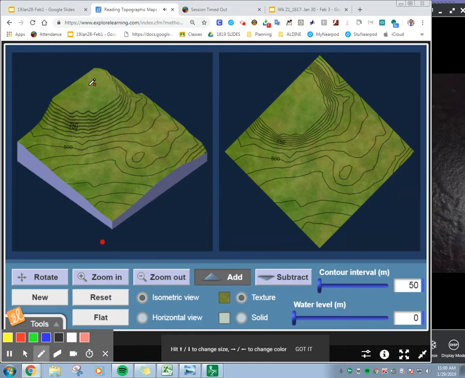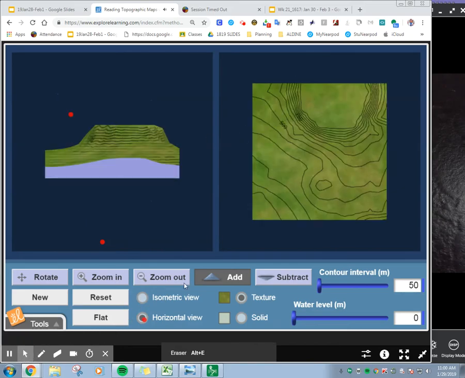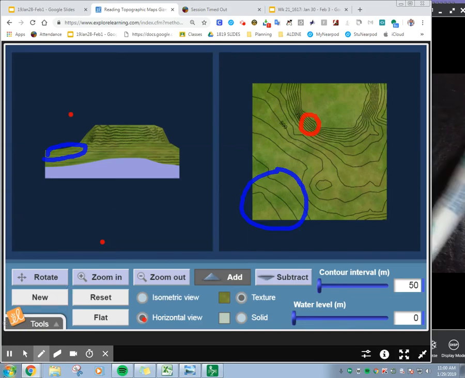Well, what you're looking at, you see how these lines are super close together right here? Let's look on the topographic map. See how the lines are super close together? That means that you're looking at a very steep slope. So right here, lines are super close together, you have a big steep slope. If you see how the lines are spread apart right here, then you're looking at a flatter surface. Hopefully you get that from that. And make sure you glue the sheet into your